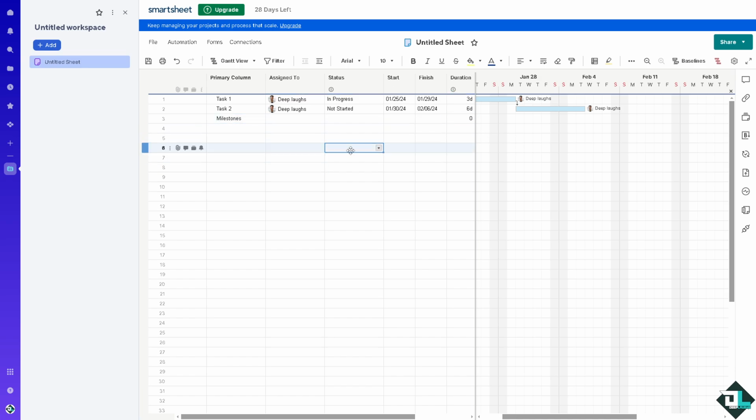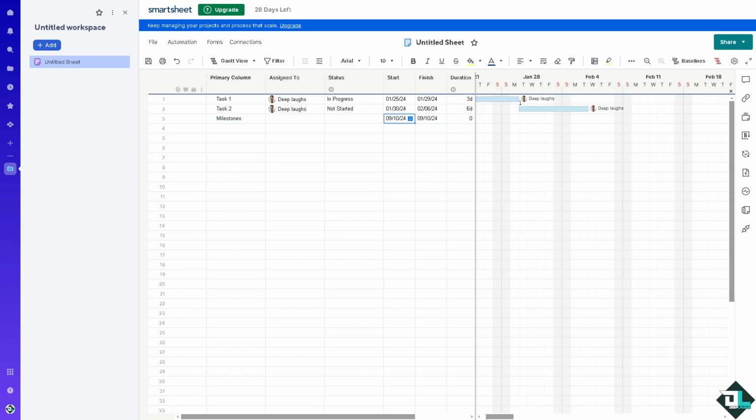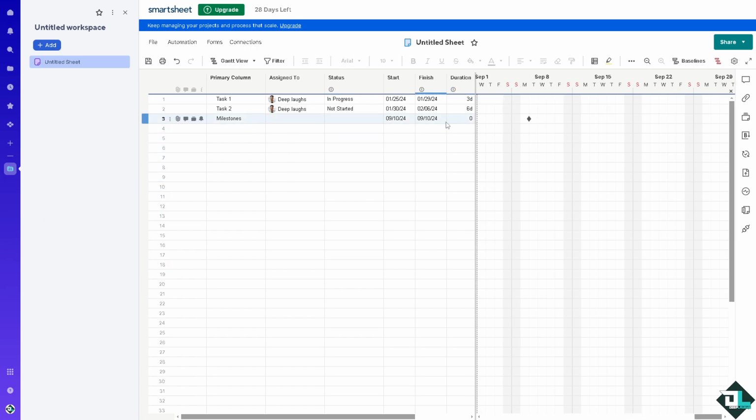Okay, after that, the next is now on the start date. Maybe I'm gonna choose September 10th, next week, and then it's gonna be finished around. Now when I added those values, you see there's gonna be this small icon that is the milestone, right? And I put in the dates here. If I change this one to maybe 11, you see,